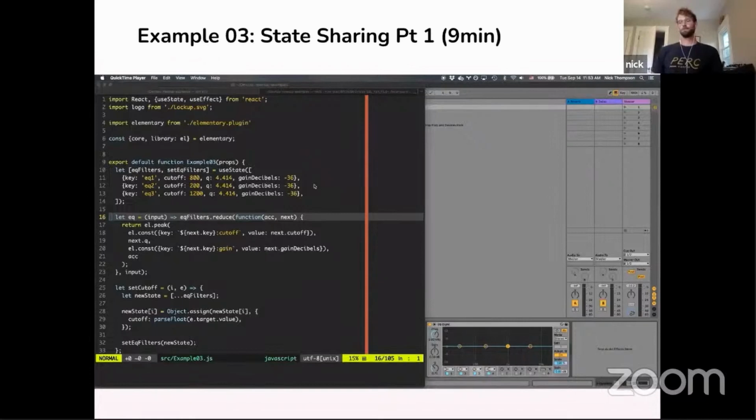In this third example, I want to take a small step from example 2, integrate some of what we saw in example 1 to show what it's like to manage state in an audio plugin like this using Elementary. So I think this topic is where this conversation gets really interesting. So far we have looked at hot reloading, crash protection, debugging. We've looked at real-time interactive DSP with a functional declarative expression of a 3-band EQ,